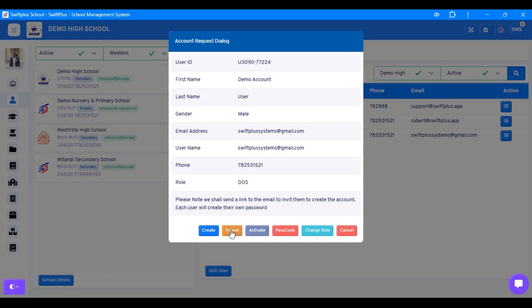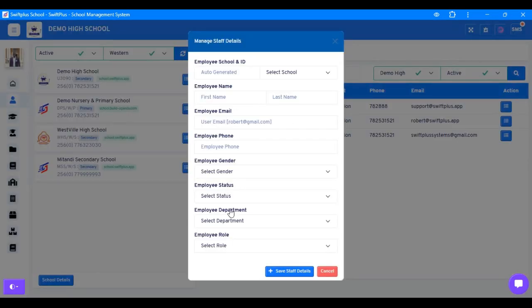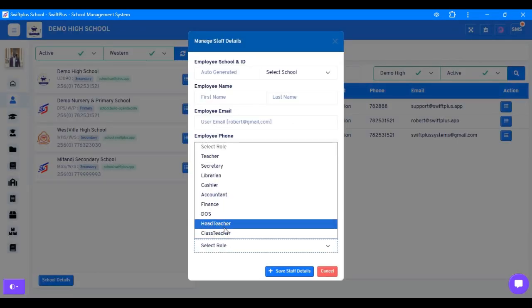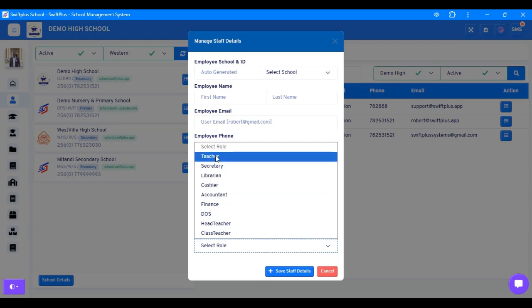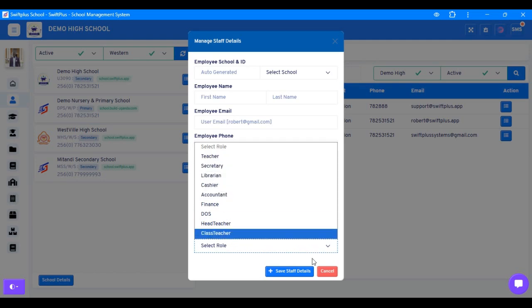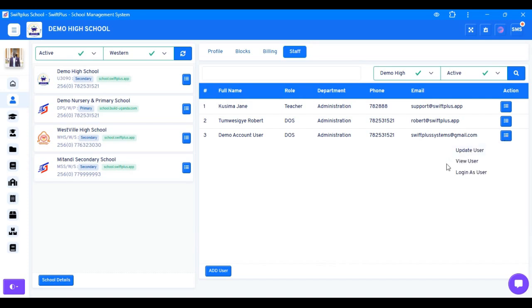And then the other thing is, when you freeze or activate the account, we don't send an email. When you send a password reset code, we also send an email. And then there is changing the role of the users. But when it comes to changing the role of the users here, remember that when adding someone here, we have limited roles. We have a teacher, class teacher, and so on. So any person can be here, but when it comes to changing the role